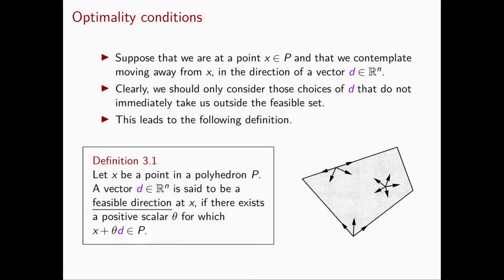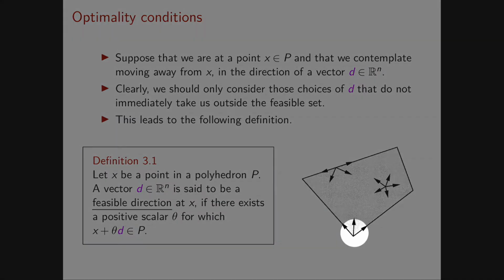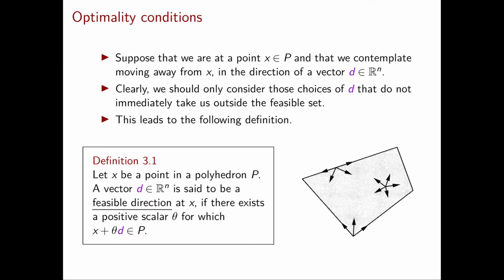still remaining inside P. If we get back to our picture, for example, let's consider the vector x here, then these 3 arrows represent 3 possible vectors d that are feasible directions at this point x. And the same thing happens if the vector x is here or here. The arrows are always feasible directions at that vector.